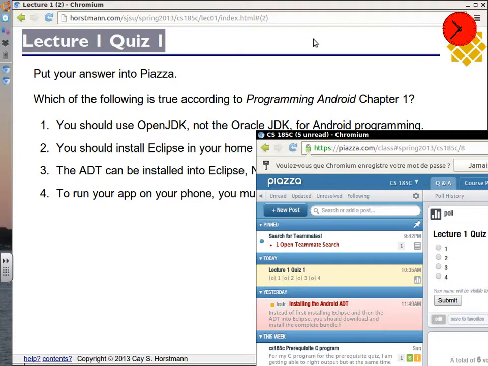Does anyone have trouble getting into Piazza? I'm just having trouble with the internet right now. I see. Yeah, let's give it a couple of minutes, and if it doesn't shake itself off. I can't log on for some reason. My internet's working. I created an account last week, and it looks like my account's not even there anymore. Okay. That one I might be able to debug.